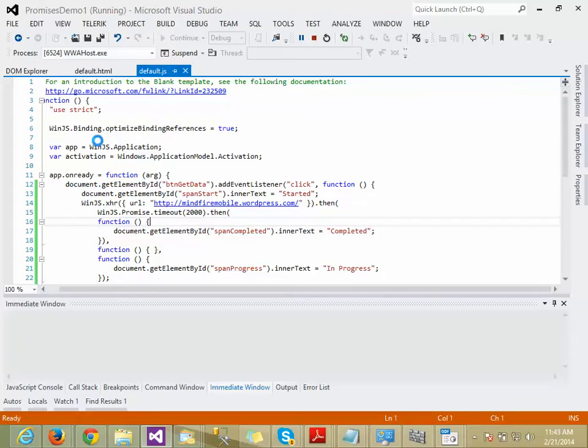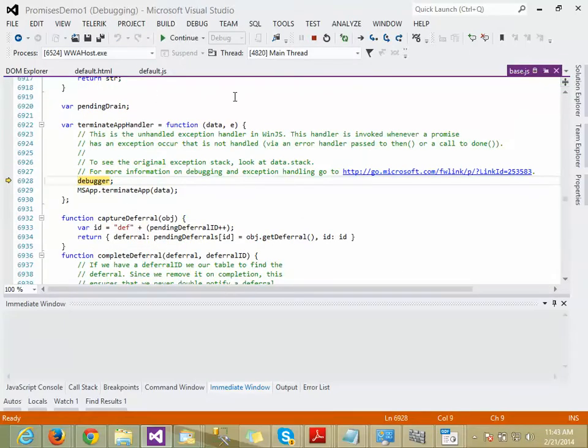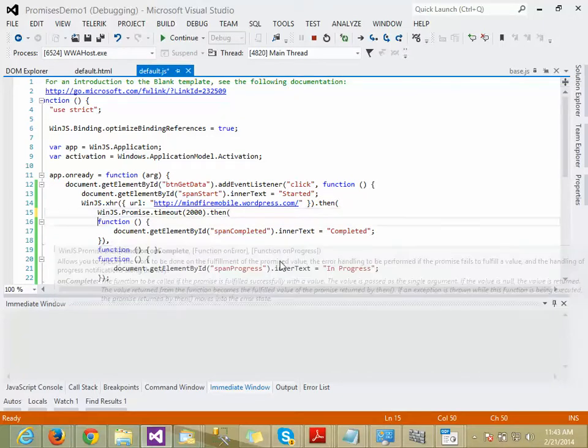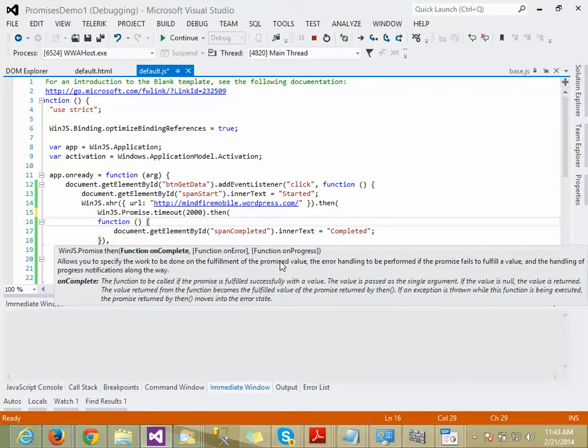Now let's see. Started, in progress, ended with error. Something missed. Then one is timeout. Do you think I have an extra bracket?